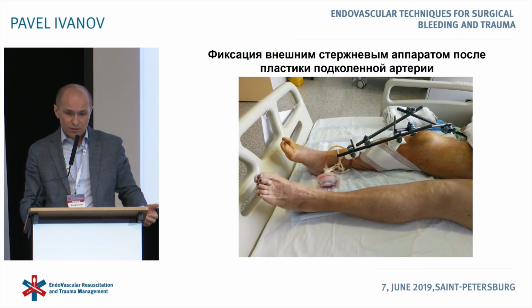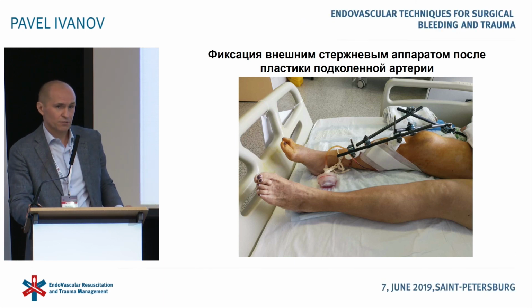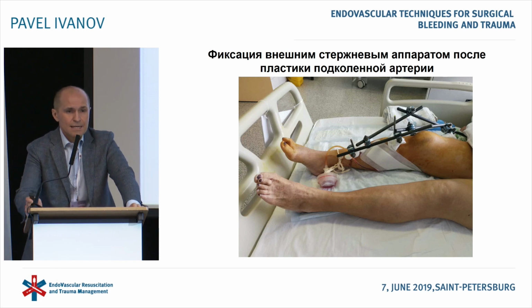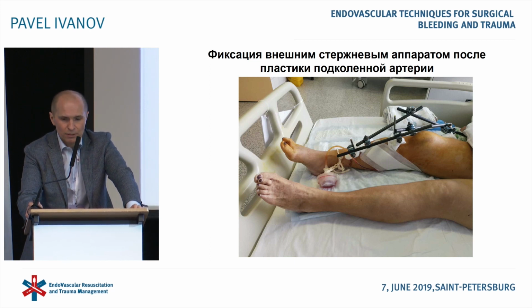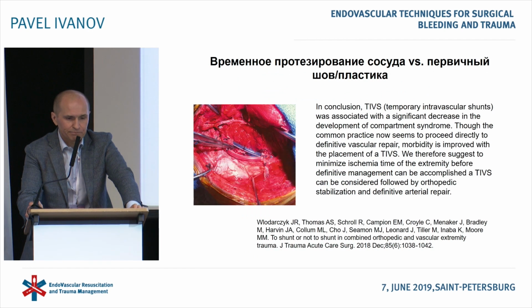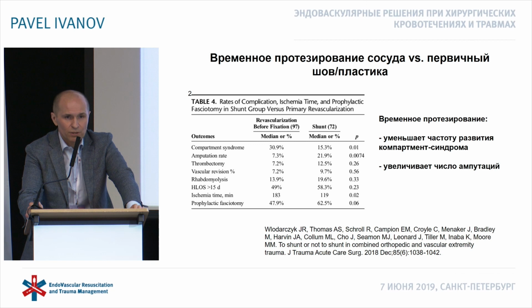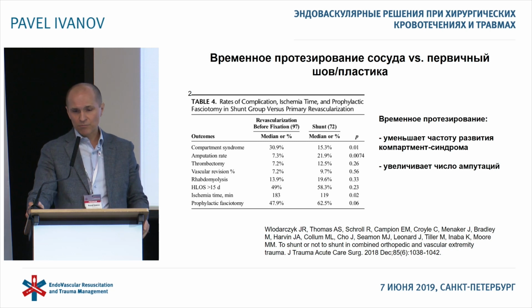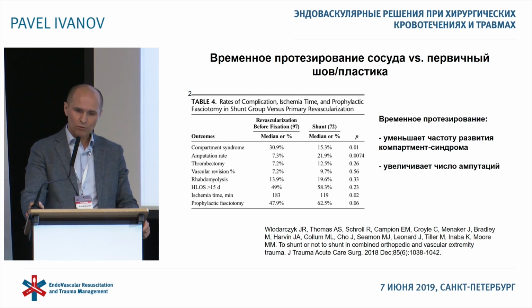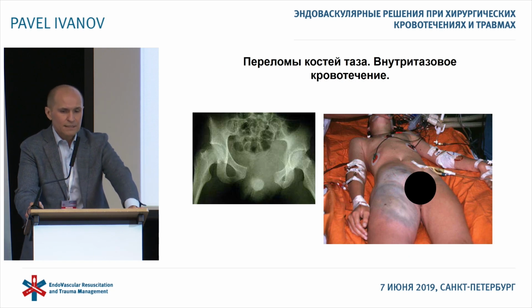This is the way the patient looks after fixation, because no plaster or splint can give good stability. Here are a few works on the temporary prosthesis of the vessel. Although by temporary prosthesis we can reduce the incidence of compartment syndrome, they recommend not doing temporary prosthesis, but to reconstruct the vessel immediately without putting the patient on